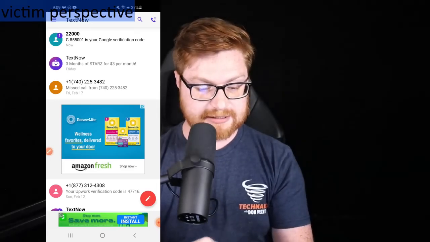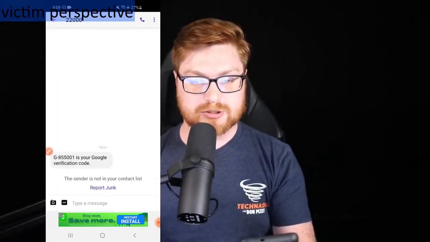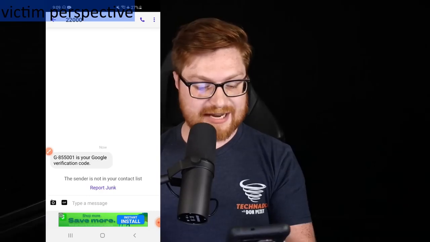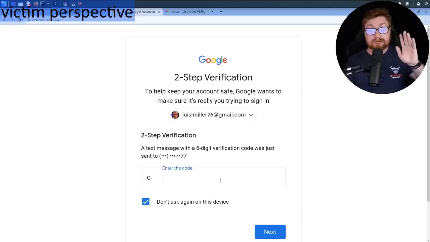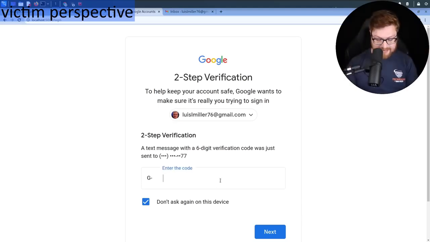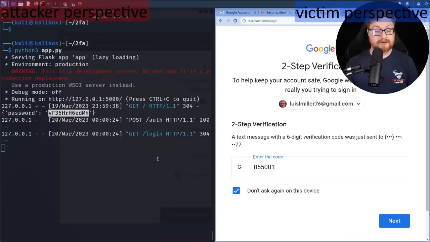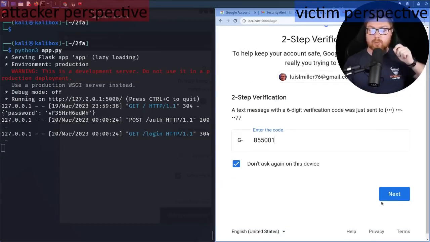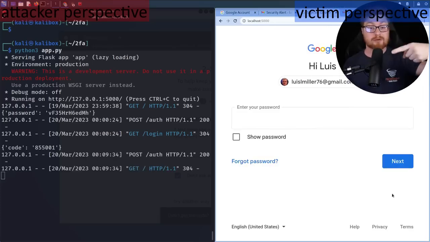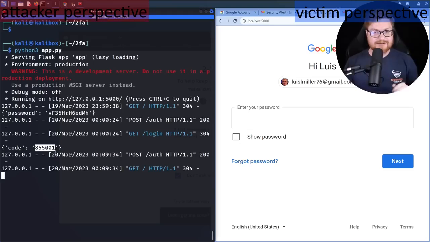So now I'm going to go ahead and click into this. I'll see that the Google code is 855001. And now let's go back to the victim perspective here. Say I'm Lewis, and I enter in the code 855001. And over on the left-hand side, the attacker is ready and waiting to retrieve this, because once they hit next, they're going to be redirected back to the original login prompt. Nothing's going to happen for Lewis, but the attacker has now received that two-factor authentication code,